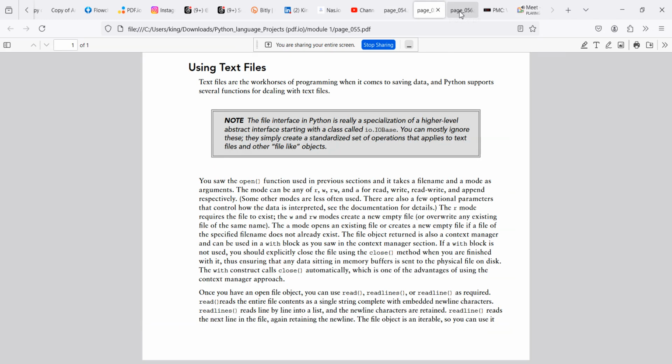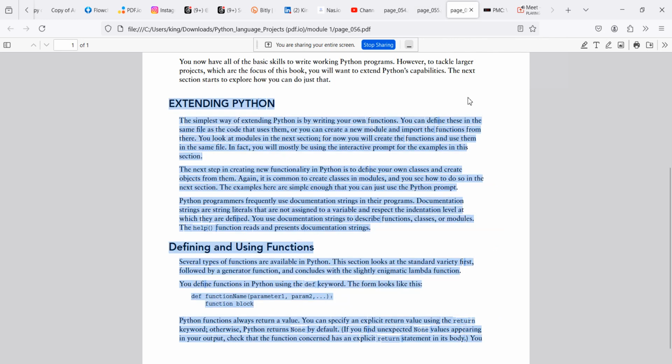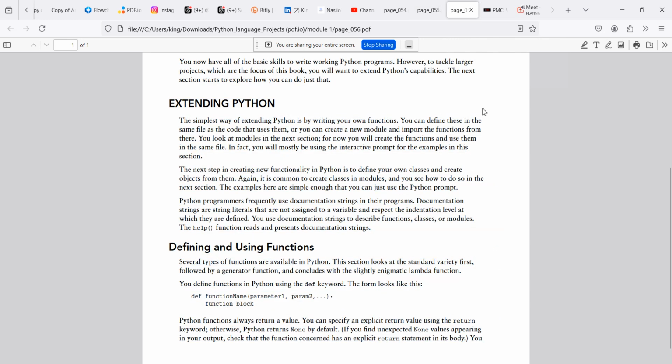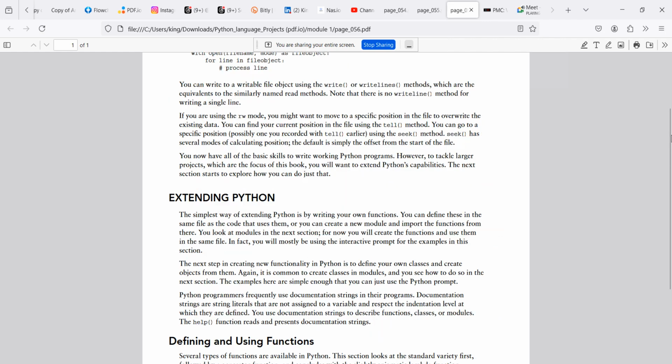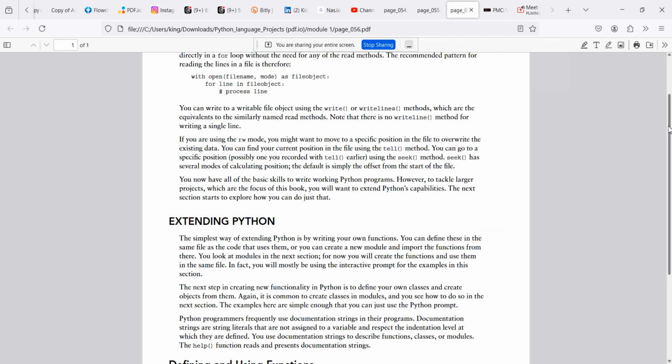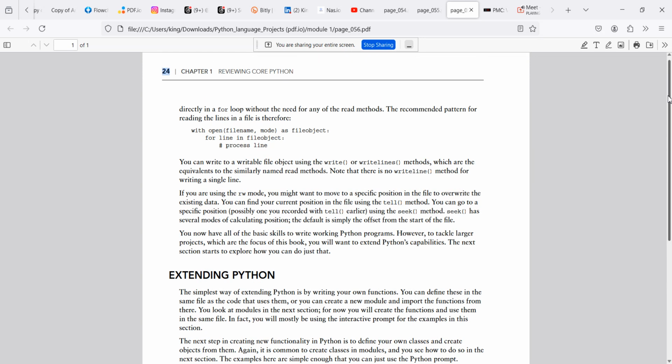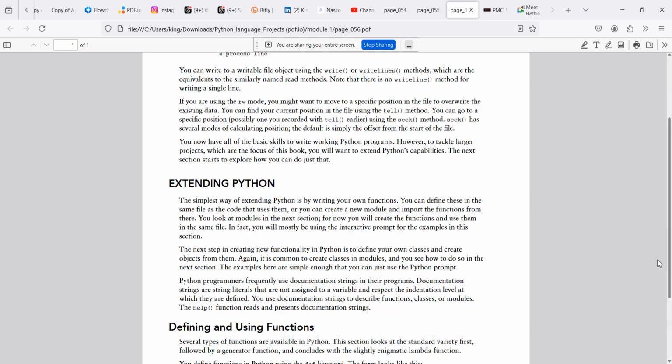Okay, so last time this is where we got to. We were able to complete this. Okay, so we got to extending Python. So when it comes to extending Python,